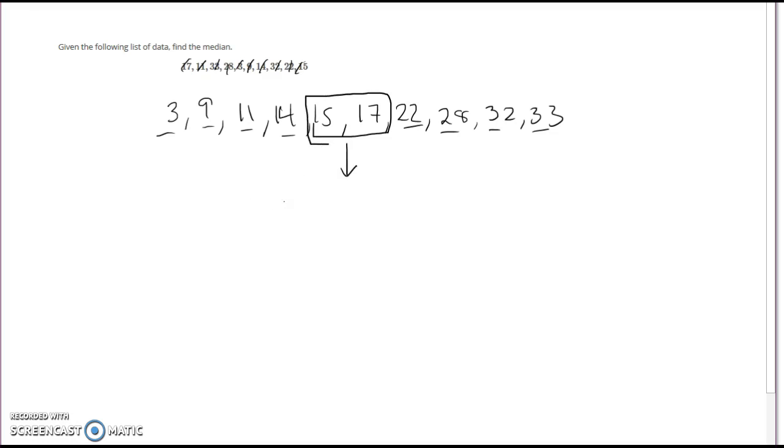So how do we find the median? What we do is we add these two numbers together and we divide by 2. So 15 plus 17 divided by 2 is,